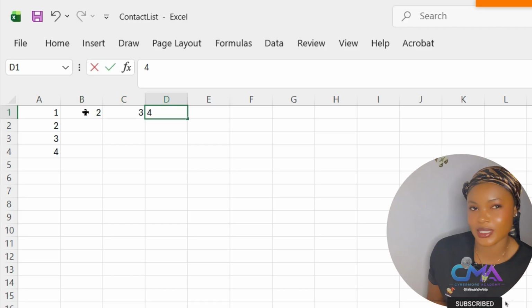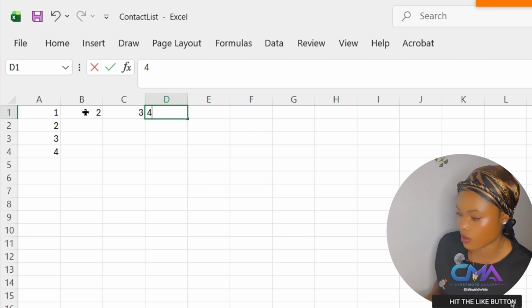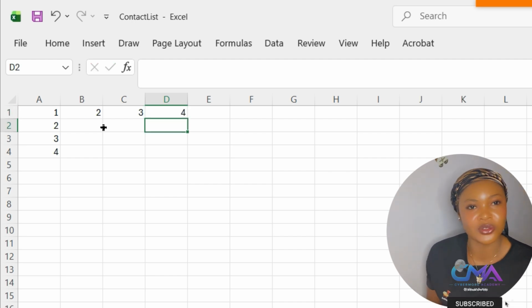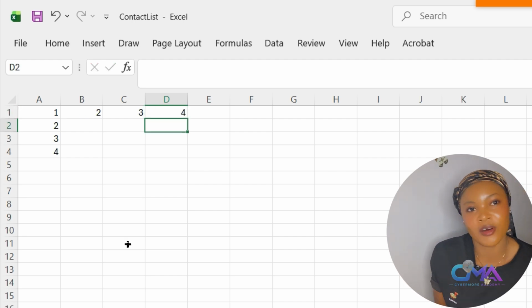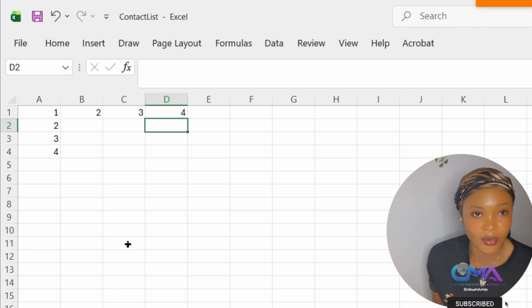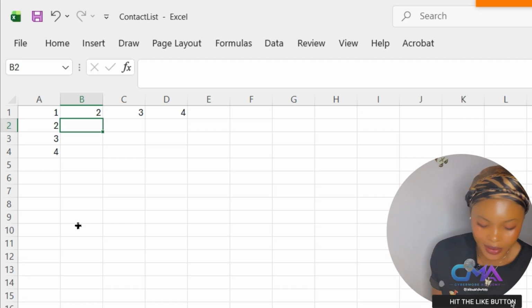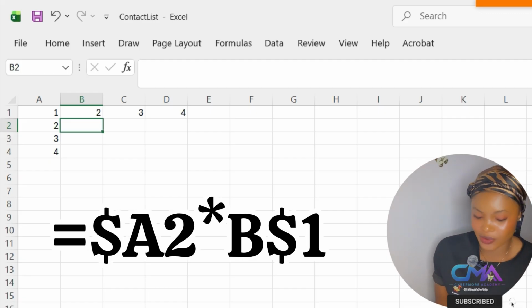If you know how your multiplication table looks like, you understand what I'm trying to do here. So we don't want to do this manually. We want to use the formula to create a multiplication table. Now, in cell B2, enter this formula: equals $A2 times